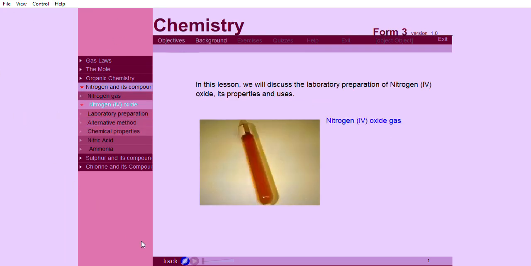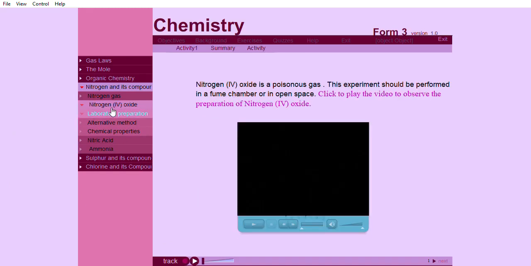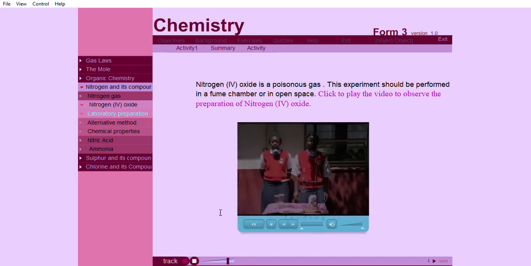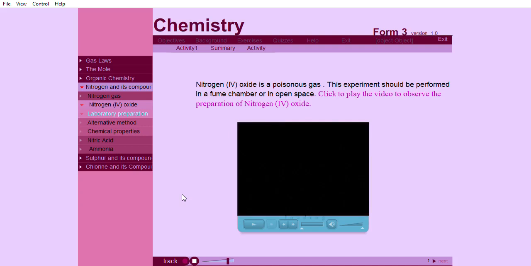In this lesson, we will discuss the laboratory preparation of nitrogen (IV) oxide, its properties and uses. Nitrogen (IV) oxide is a poisonous gas. This experiment should be performed in a fume chamber or in open space. The following experiment